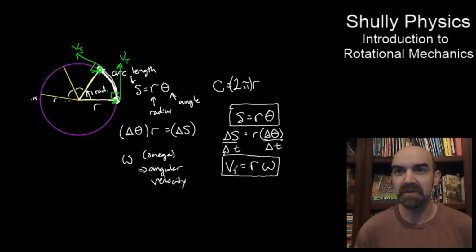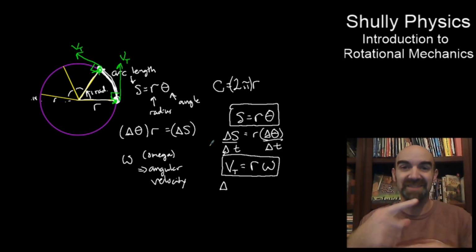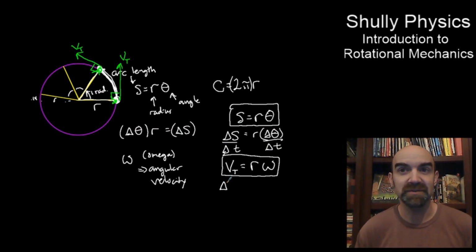So the tangential velocity of a point on a rotating body is equal to r omega. Tangential velocity is r omega. And finally, as a last step here, please note that if we speed up the velocity of that spin, it won't be just rotating at a constant rate, it'll be speeding up. For example, when you turn on an electric fan, the fan blades start to accelerate their spin and get faster and faster and faster. Then there's going to be a change in velocity,